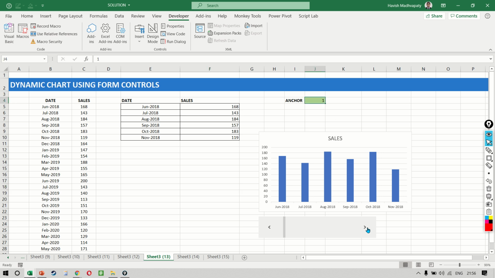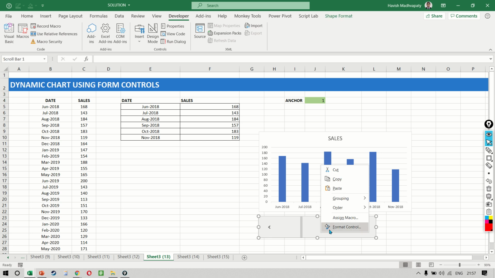Now you notice when I click on the right or the left arrow, it shifts. When I click in this blank area, it shifts a little faster, and I can also move it manually. But nothing is happening. Nothing is happening because the form control is not linked to any cell. To do this, we right click, select Format Control,